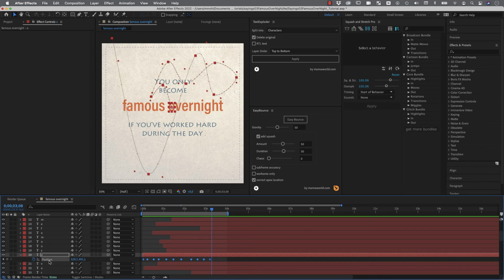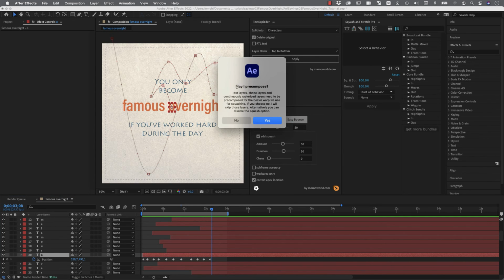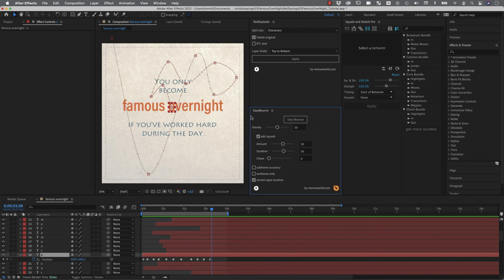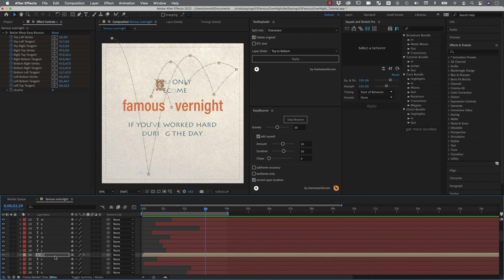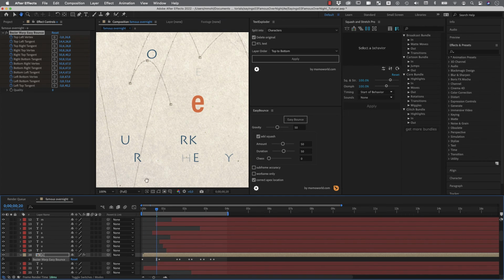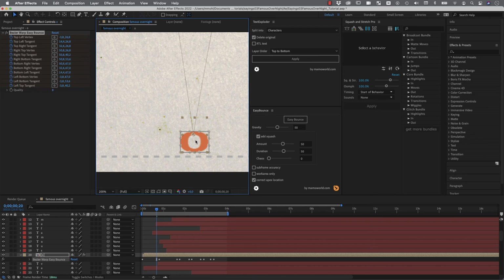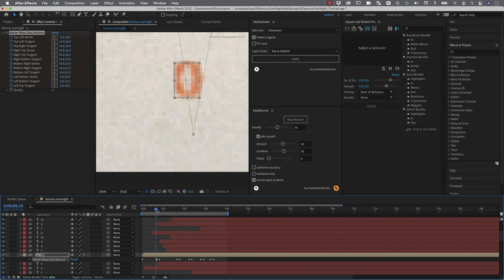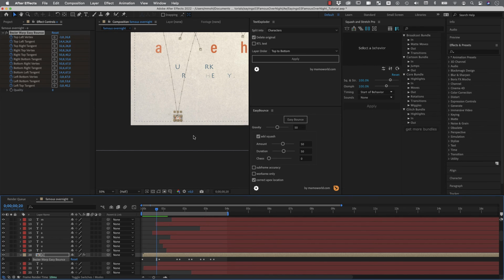I just have the position here or this layer selected again, run Easy Bounce, and it asks you, may I pre-compose? And this is because it even adds some squash and stretch, which requires text layers to be pre-composed. And I say yes, and now it has put this into a little pre-comp, and if we take a look here at the effects, there is a Bezier warp applied to it, and you can see at the points where it bounces, like here, that the ladder is actually squashed. So here it is in its normal shape, and now here at the bounce it is nicely squashed.